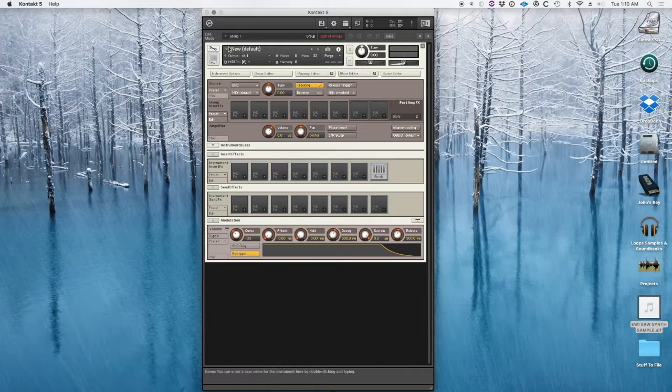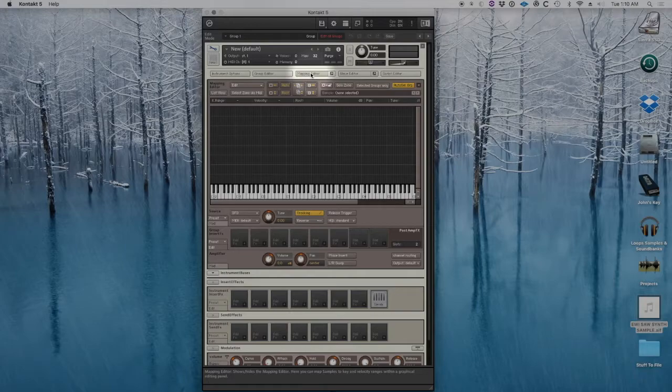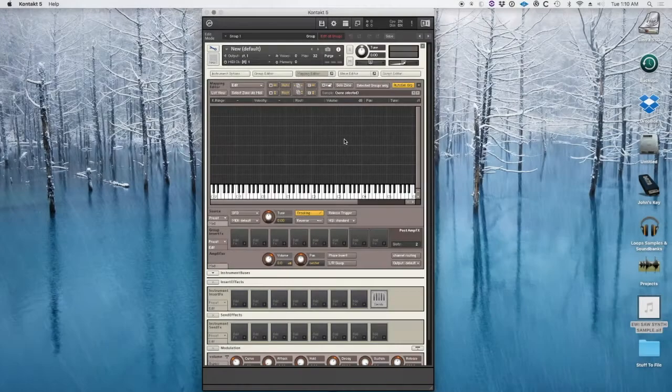Okay, so now we need a sound source, a sample of some sort. If you're following along with the tutorial on EWILogic.com, you can download the EWI sawtooth sample from there. There will be a link to this in the description of this video, so I'll provide the sample for you. So download that sample, and once you've done that, we're going to go to our mapping editor right here. We're going to click on that, and that opens up this window. So we're going to take our EWI sawtooth sample and drop it right in here,